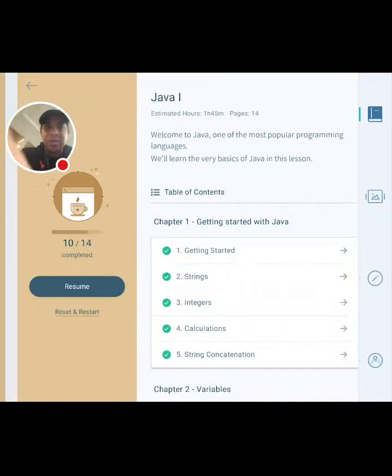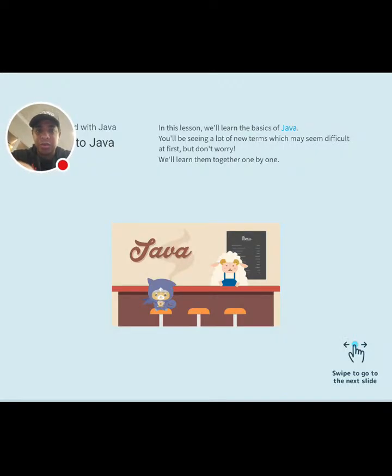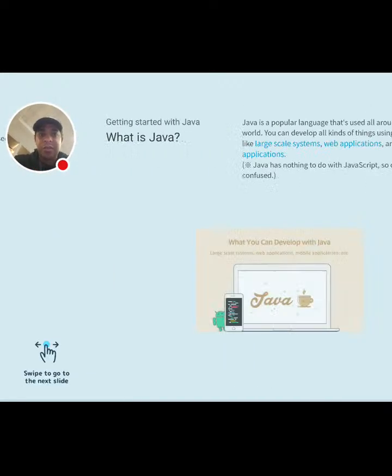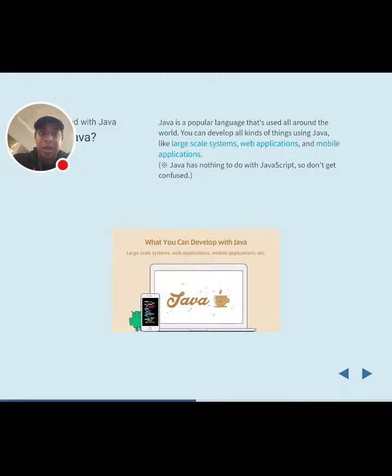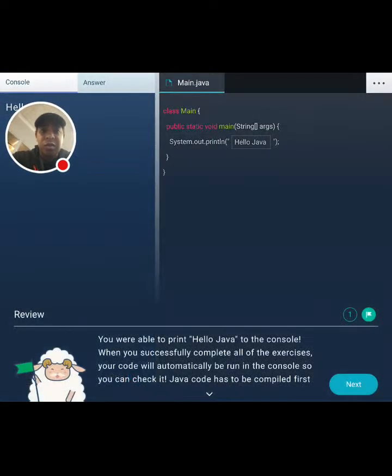I did a little bit of it, but we're going to go to the beginning. It's really simple. Okay, so it just shows you learn the basics of Java. It's a popular language because, like I said, it runs everywhere. I've even heard it runs on like point of sale systems. Run once, run everywhere. You start the exercise. He explains a little bit of it.